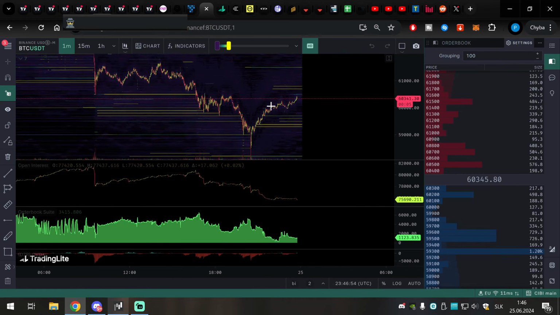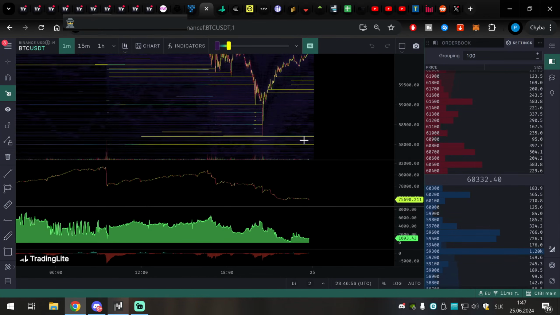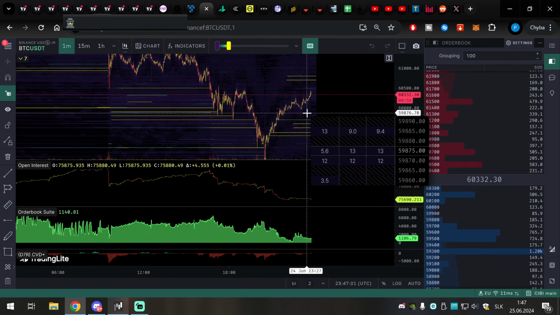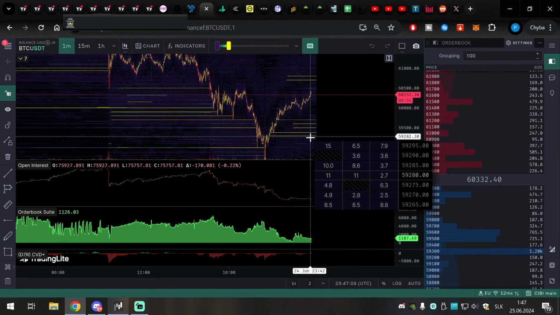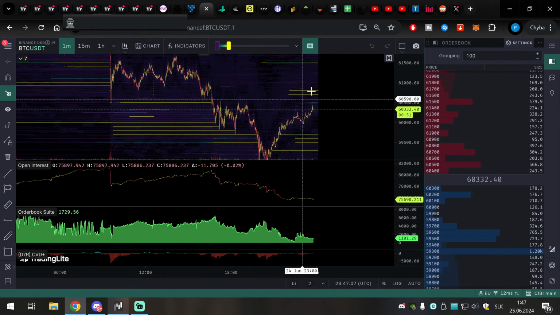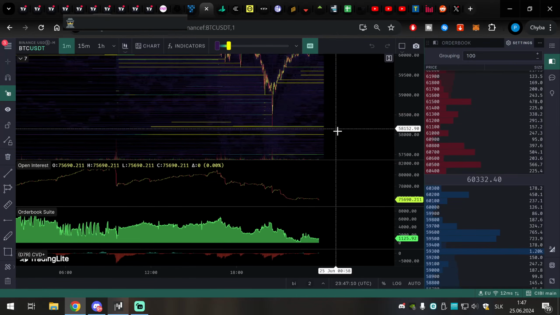Tradinglite. I already discussed the Tradinglite. So we are getting protected for now. Huge orders. We will see if we fill them, if they cause absorptions and reversals. That's one thing we need to look at. Now a big hurdle is coming here.